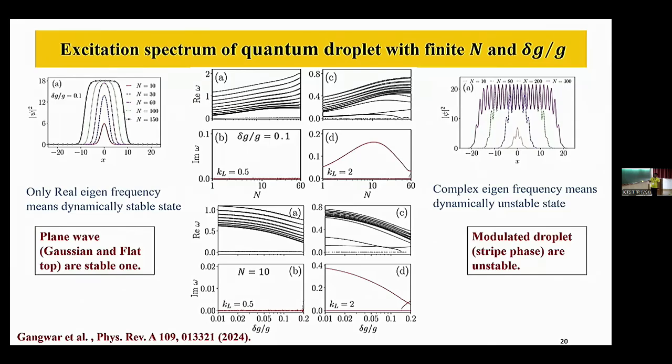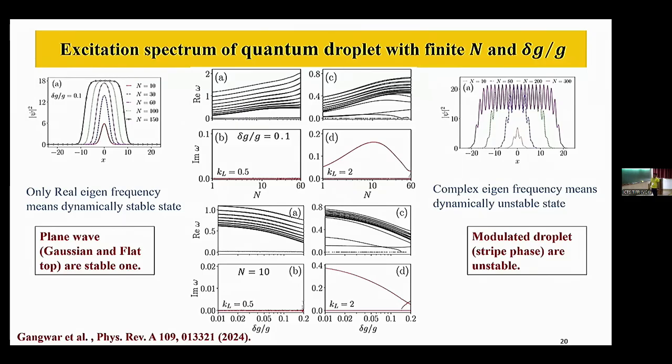And what we get is that if the system is in the solitonic state or in the droplet state, then dynamically it is stable. By looking at the imaginary part of this matrix, we get that it remains 0 for all values of n. So that gives us the hint that it remains stable if we are in this soliton or